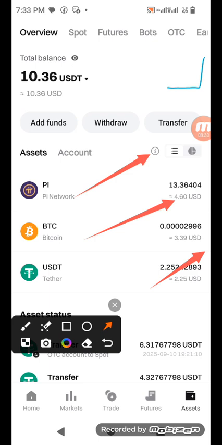Though my profit depends on how much I put in. I bought just $4 plus. So imagine somebody that bought $40,000 or somebody that bought $100. The profit you will make if this goes to $1 will be different from what I'm making. But in any case, this is how this stuff works.